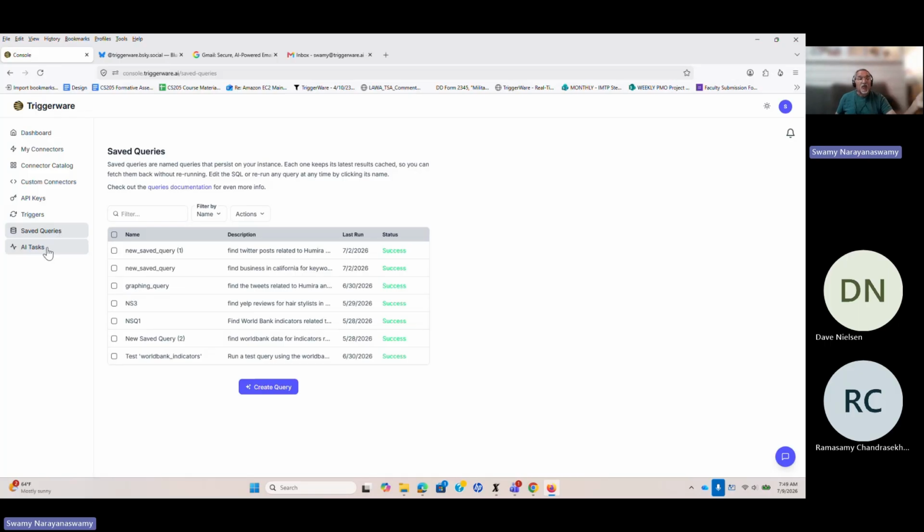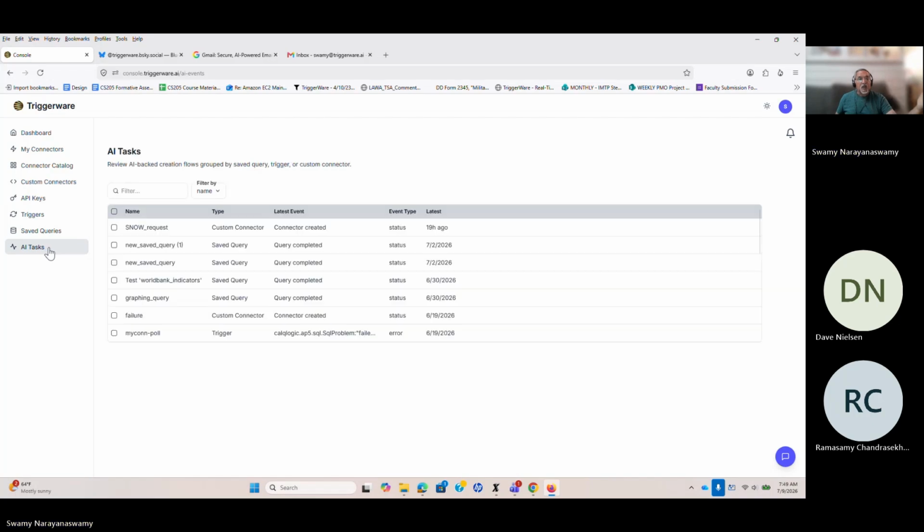Once in a while, for instance, when you create different types of custom connectors and so forth, the AI will take a few minutes to work through the details. In that case, you can actually monitor that task and see what the TriggerWare platform and the AI are doing. They'll go back and forth, and you can monitor that dialogue before you settle down and see it. So that's kind of a quick overview of the overall software. So let's